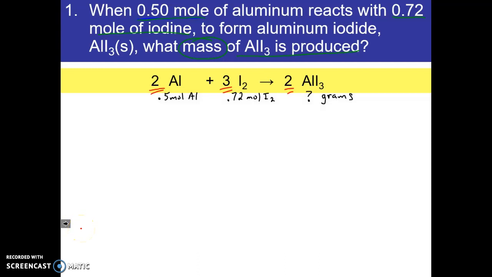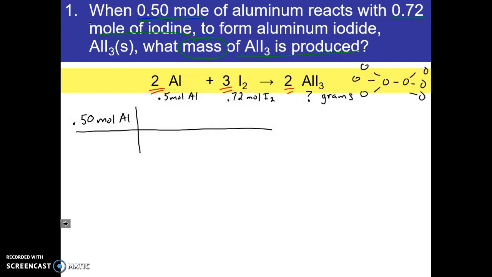So first step, to find the mass of AlI3, I have 2 reactants, both with amounts of substances, so I have to find a limiting reagent. That's first thing first: 0.50 moles of aluminum. I need to figure out how much is produced. So on my stoichiometry diagram, boom, boom, boom,